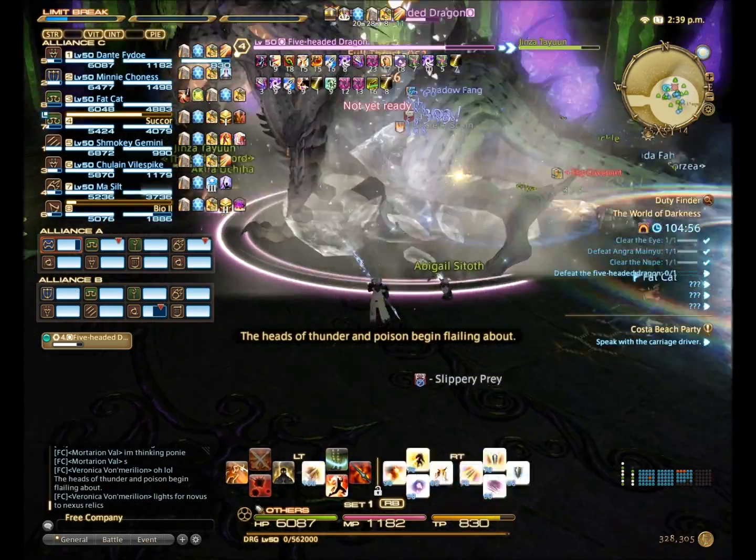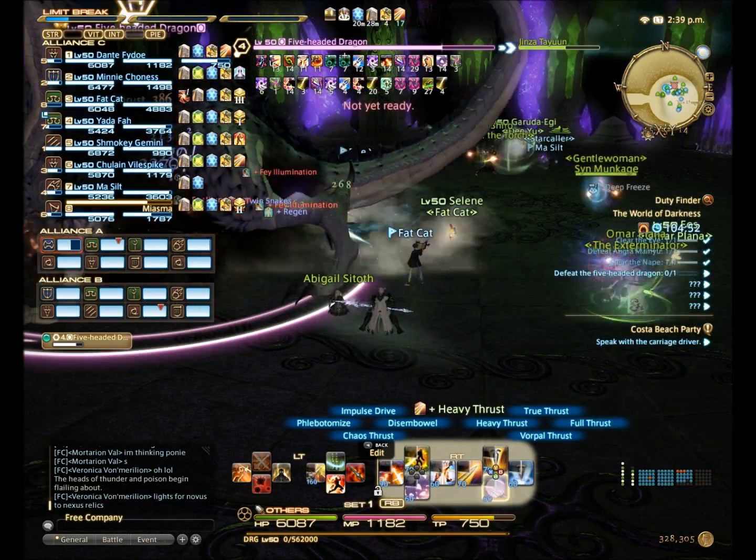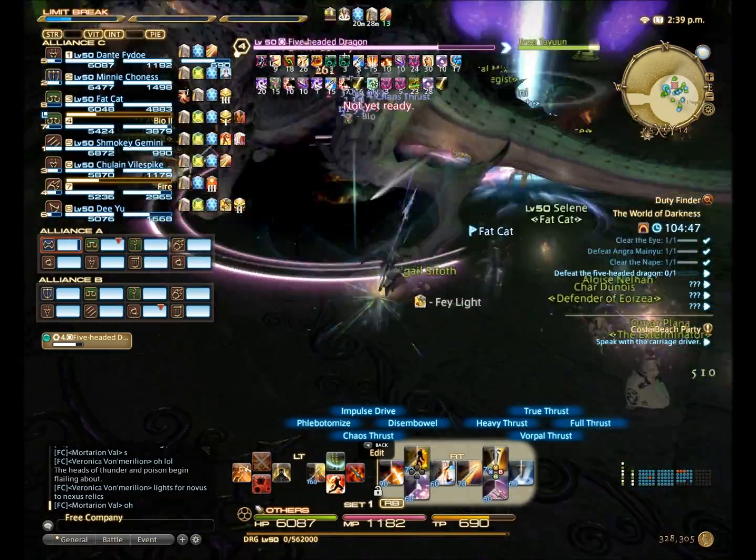And then after 3 swaps, it's gone. So that was actually really annoying. That took me a little bit to figure out. So he, what is it, the Heads of Thunder and Poison? Okay, so when he does the Thunderhead,